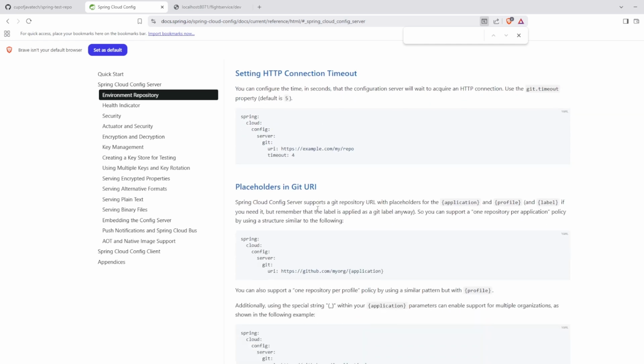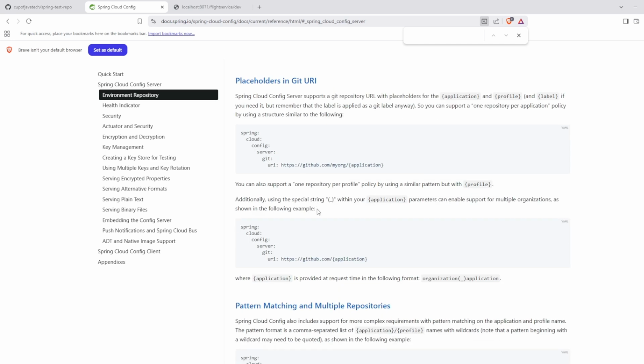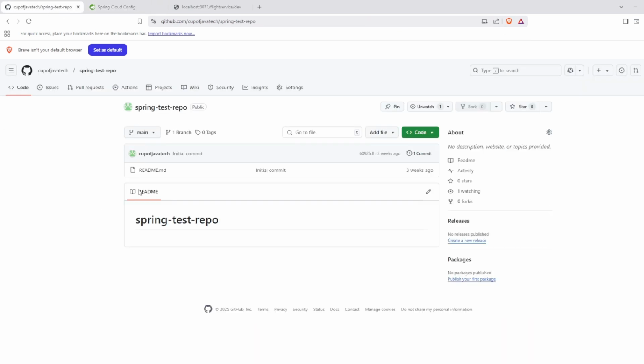For that, you have to update your Git URI from where you want to pick up the properties. So first we will create a Git location from where we want to pick up these properties. So here is my